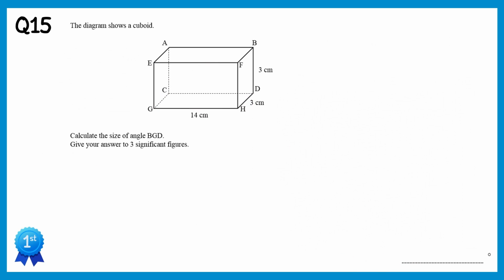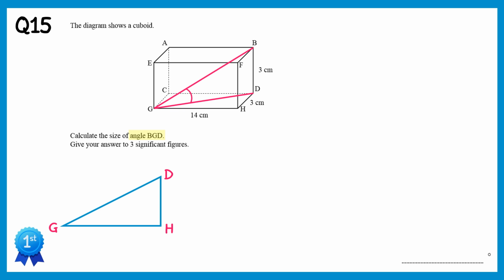In this question we need to find angle BGD. That's the angle I've drawn here. In order to do this, we're going to look at the triangle on the base of the cuboid first, triangle DHG. We know that side DH is 3 cm and side GH is 14 cm, so we can use Pythagoras